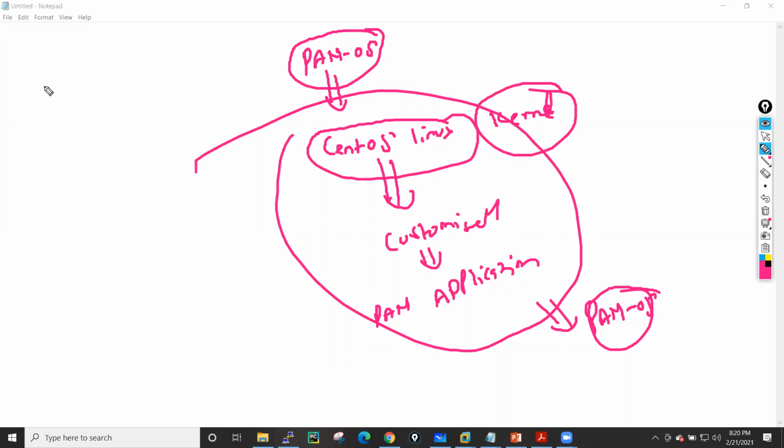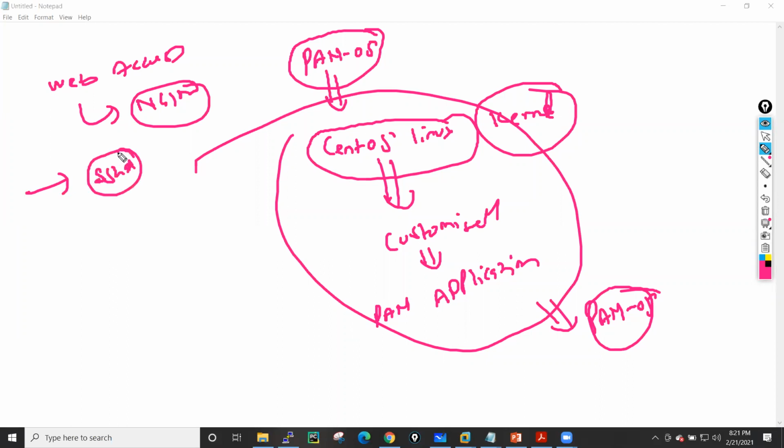As you know, in Linux, basically everything runs on a process basis. Let's suppose we are having an issue with the web access of this Palo Alto firewall. We have to see whether the web services are running properly on the Palo Alto firewall, and PAN-OS uses the Nginx web server. If you are not able to SSH to your Palo Alto firewall, you have to check whether the SSHD service is running or not.